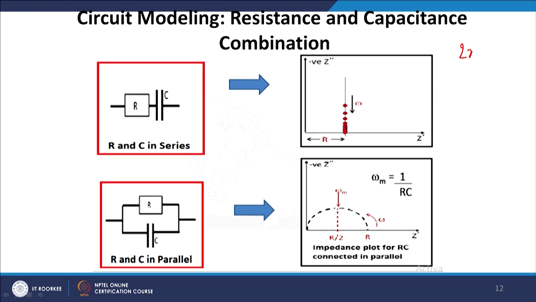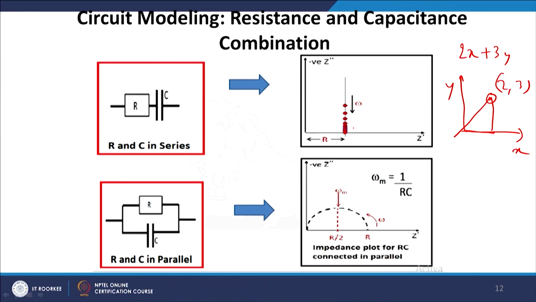Let us say I would like to plot something like 2x plus 3y. What will I do? I will go 2 units along the x axis, then 3 units along the y axis, and I will get this point, which has a coordinate of (2, 3) and represents the vector 2x plus 3y. Similarly, the resistance and capacitance combination can be represented by a displacement along the x axis and the y axis. Now, the question is, a resistance and a capacitance can be combined in two different possible ways.